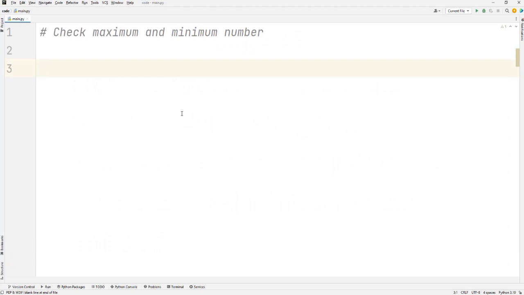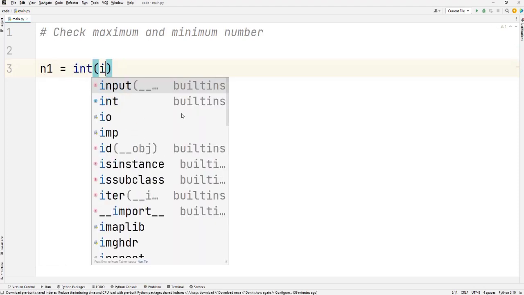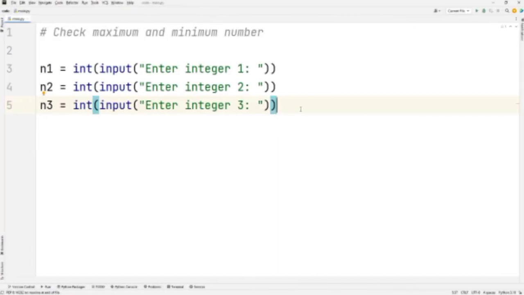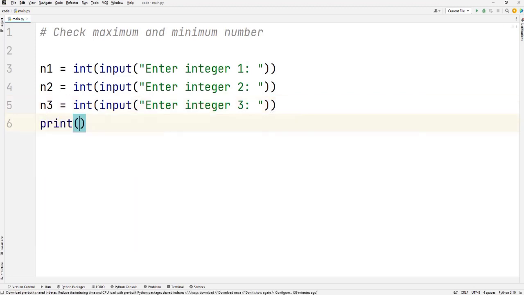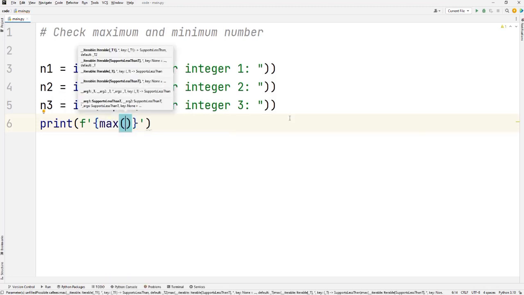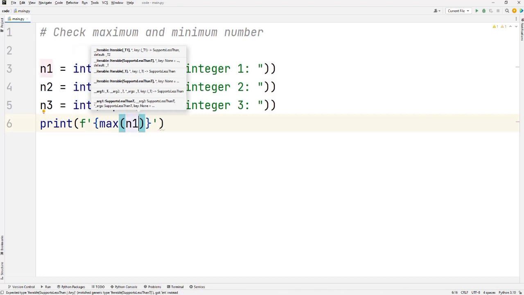The first thing first, we have to take input from the user, and I'm just going to take input from the user and typecast it into integer. So I've taken the three inputs from the user, and now I have to check what's the maximum and the minimum number. So I'm just going to print this. I'm using the f-string here, and along with the f-string, I'm using curly brackets so that I may use any kind of functions in it, and I'm using a max function. So what does this max function do? This max function just compares all the values that are inserted in it, and then it will check what is the maximum value. So I'm just giving it all the three inputs